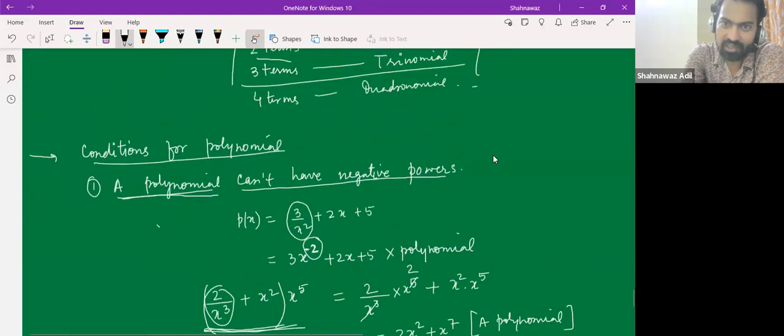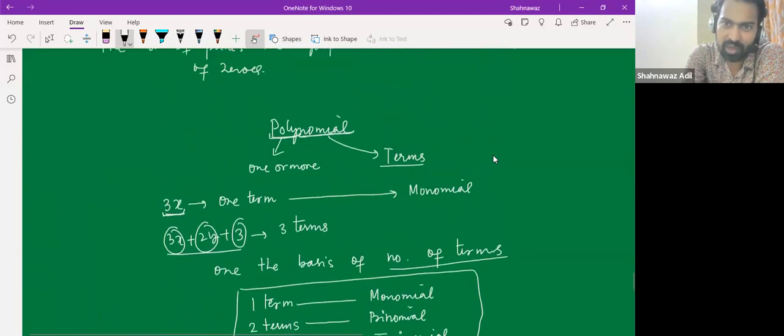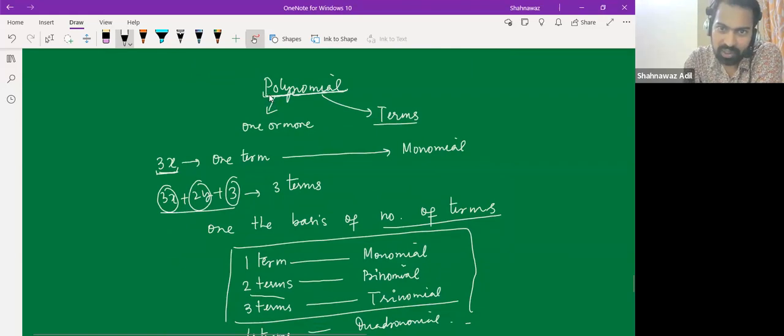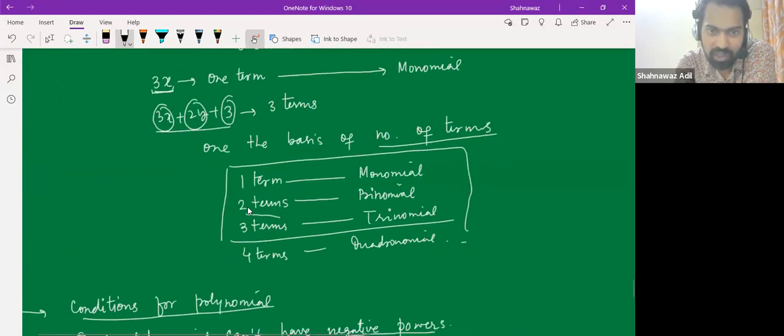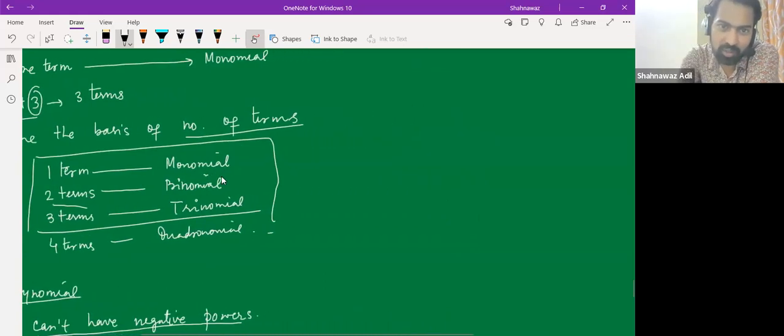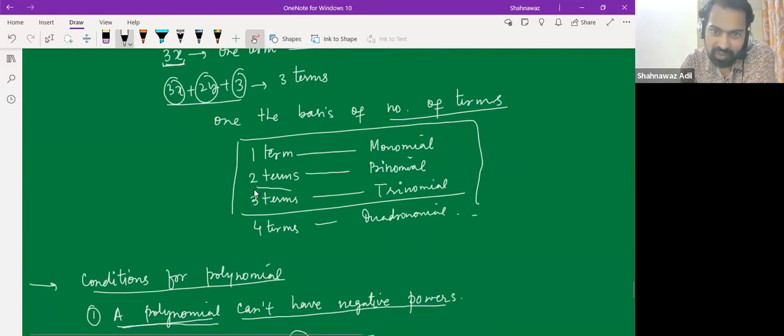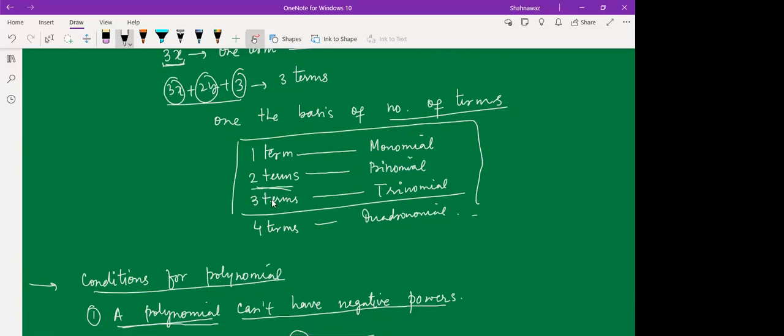Yeah, so we just started the second chapter and I was talking about the polynomial. So let me quickly recap this for you. Polynomial is made up of two words. One is poly, which means one or more, and the other is nomial, which means term. So whenever we have one or more terms, that will be called a polynomial, right? But we have different classifications of polynomials. If we have one term, that would be called a monomial. Okay. And whenever we have two,